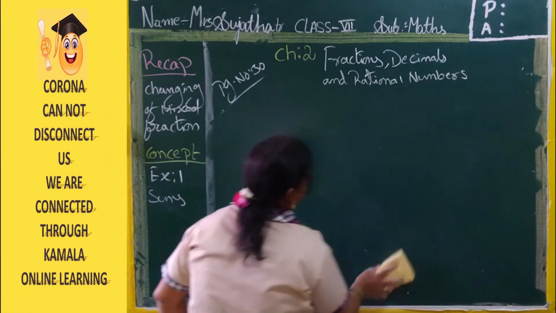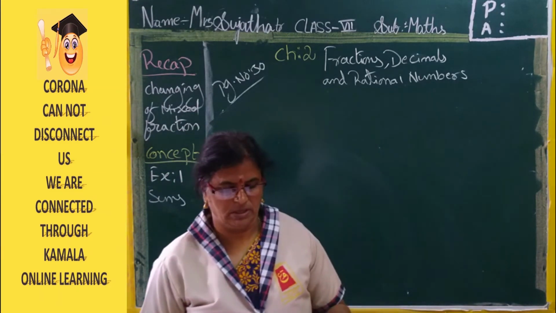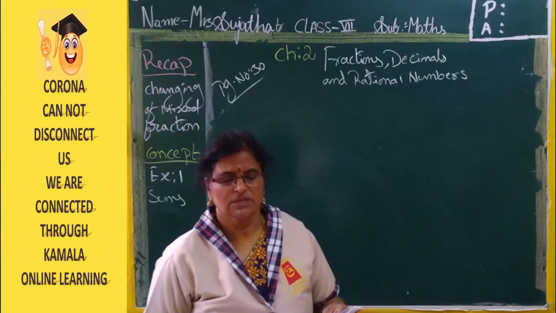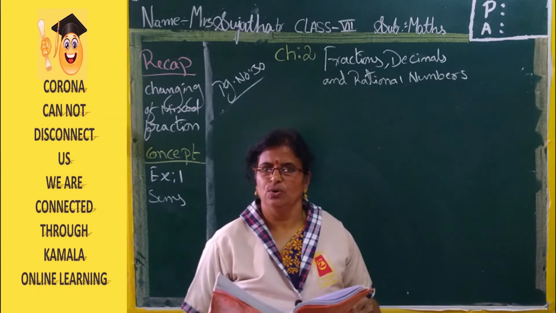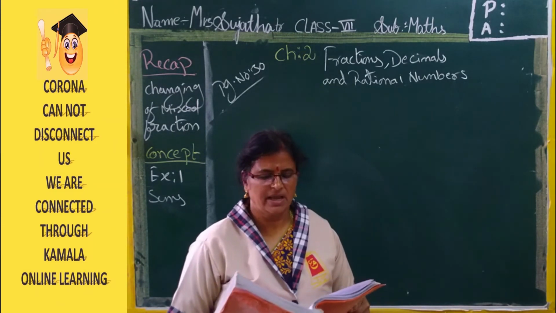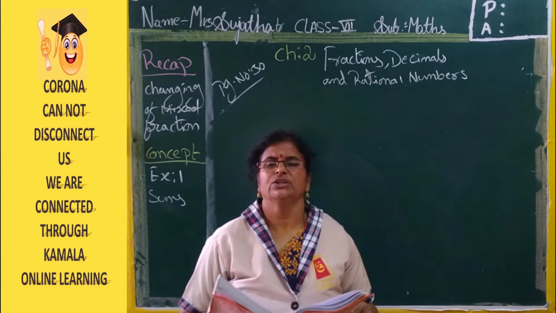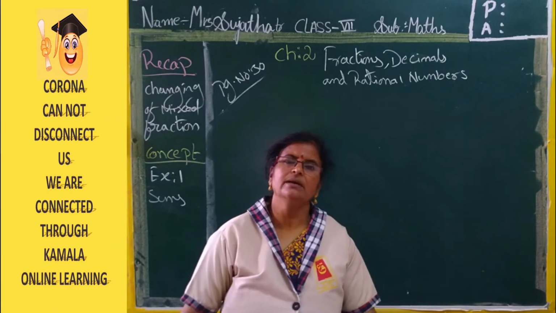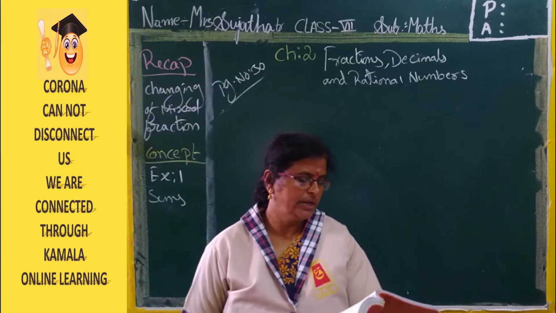Now, write the steps for that sum. Okay, this is easy only, you can do, ma'am. This seventh one is tough, that I want to explain. This fifth one I explained, no? First what will you write? Recipe required the flour is equal to 3 1/4 cups. Next step, Radha has how many cups of flour? 1 3/8. Now, after that, according to the sum, you will write 3 1/4 minus 1 3/8. Then change the mixed fractions into improper. Then take the LCM and do. You will get the answer.